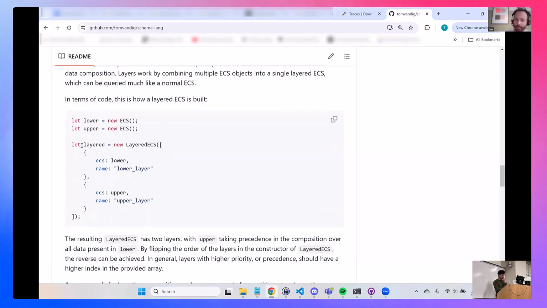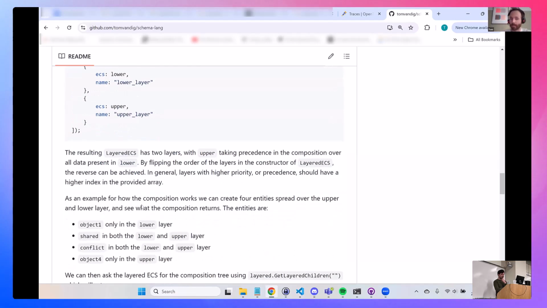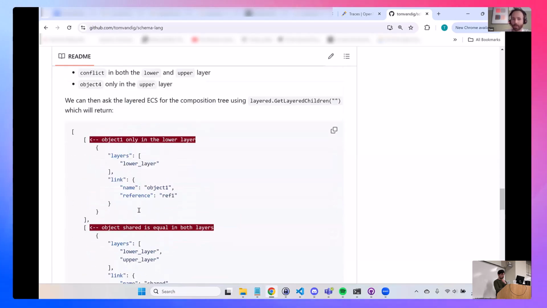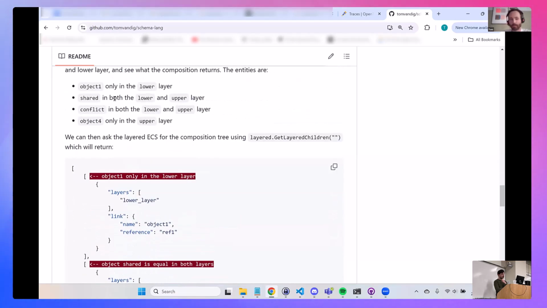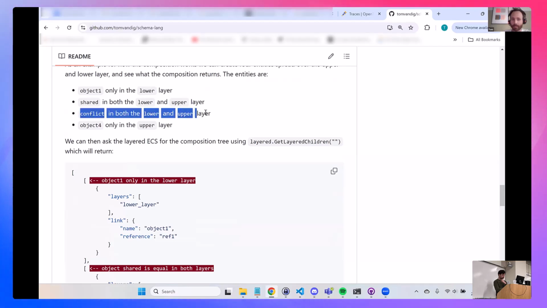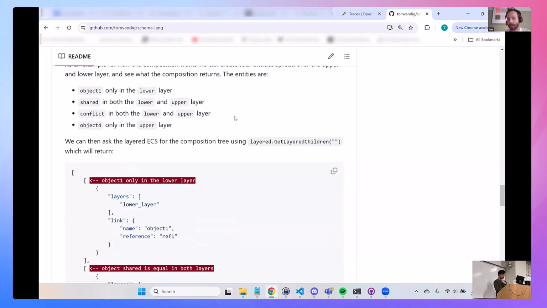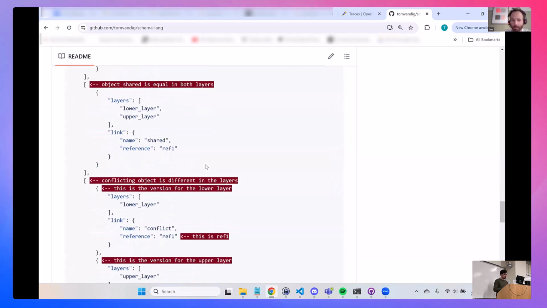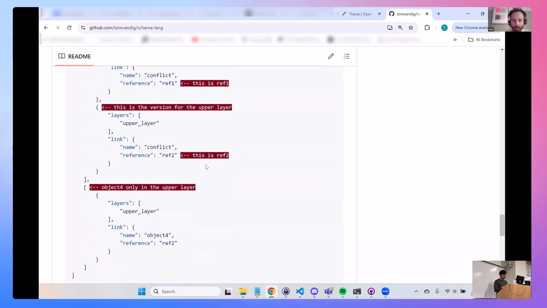You can create 2 layers or multiple, create a layered ECS out of that. And then it works like a normal ECS, but you can query it and it will respect the layers. So here I have some examples, like, if you have an object that is conflicted, so it's present in both layers but different, then the top layer will win. So I don't know if I really have the nicest example here, but